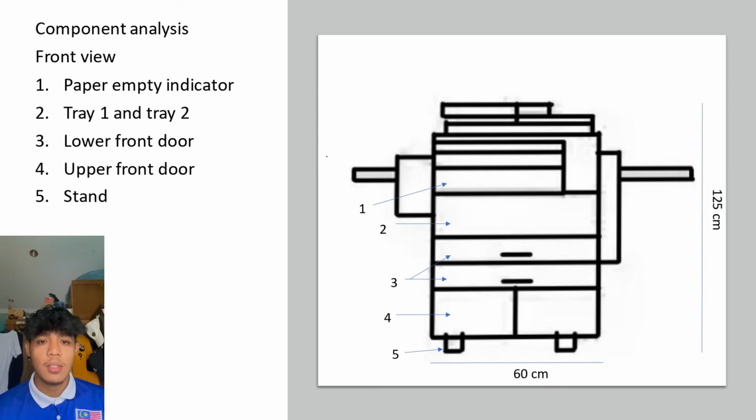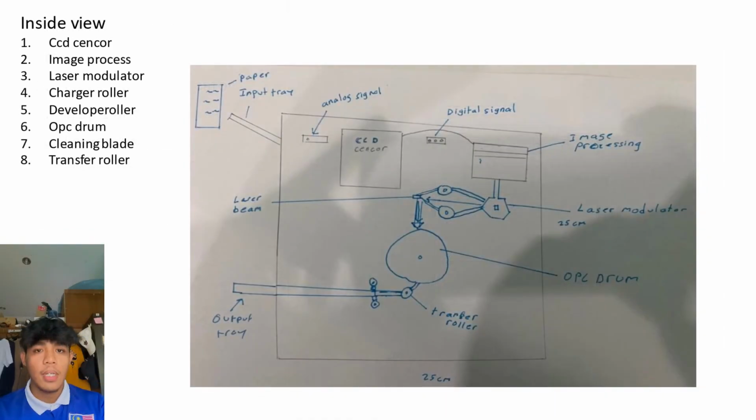photocopy machine. As you can see, the model height is 125 cm and the weight of this photocopy machine is 60 cm. From the inside view, you can see the CCD sensor, image process, laser modulator, charger roller, developer roller, OPC drum, cleaning blade, transfer roller. The length and width of this module are 25